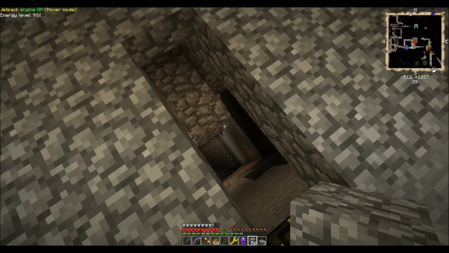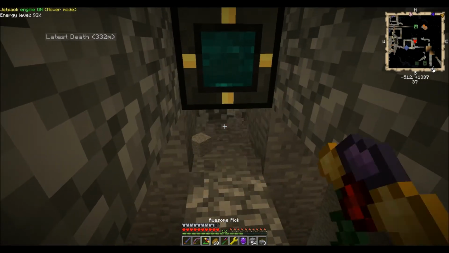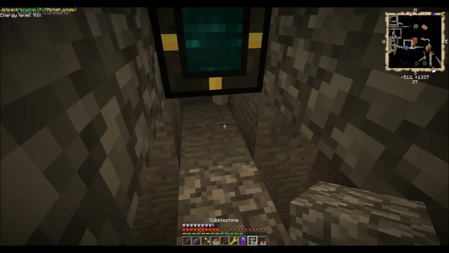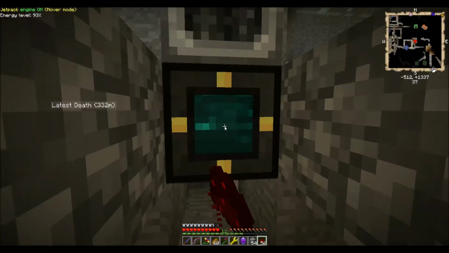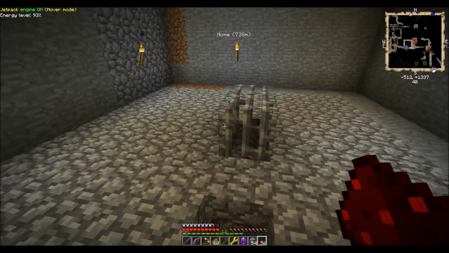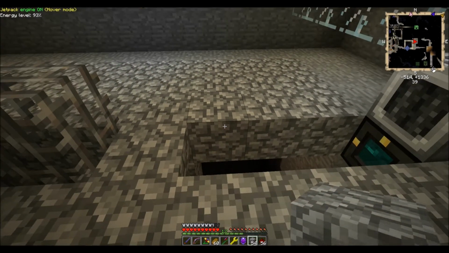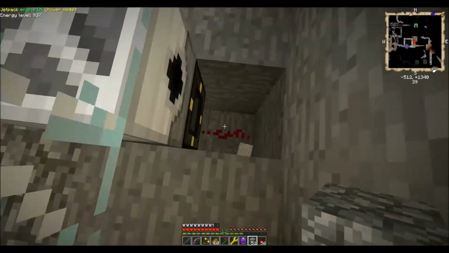Alright, so we go like this. And we can take this like that. And we run our redstone here. Alright, this thing enabled. Okay, if I remember correctly, soul shards turn off when you apply a redstone signal, so...